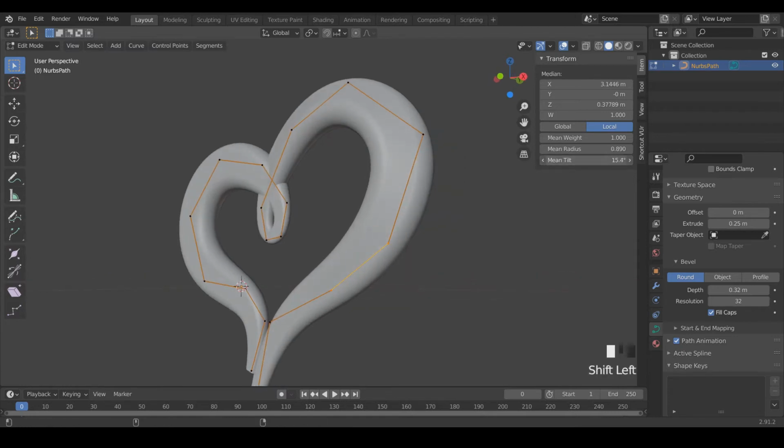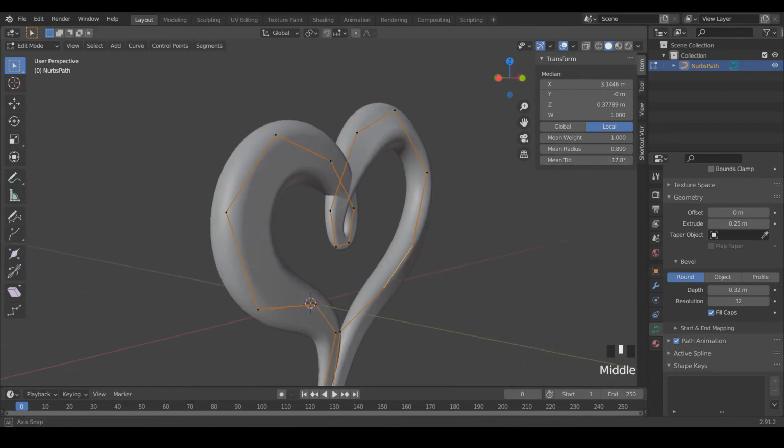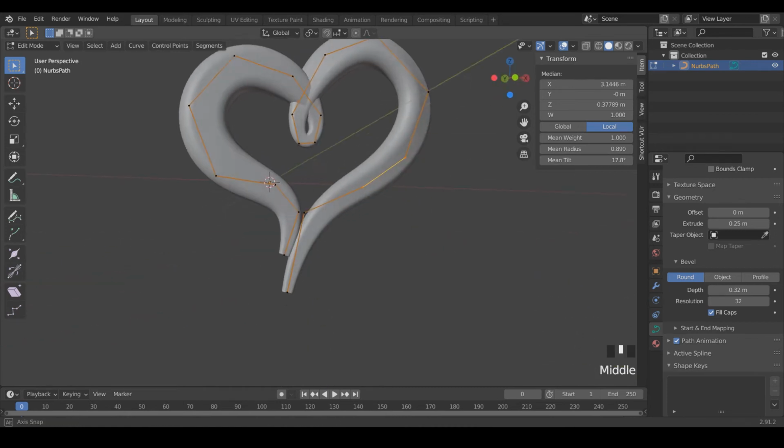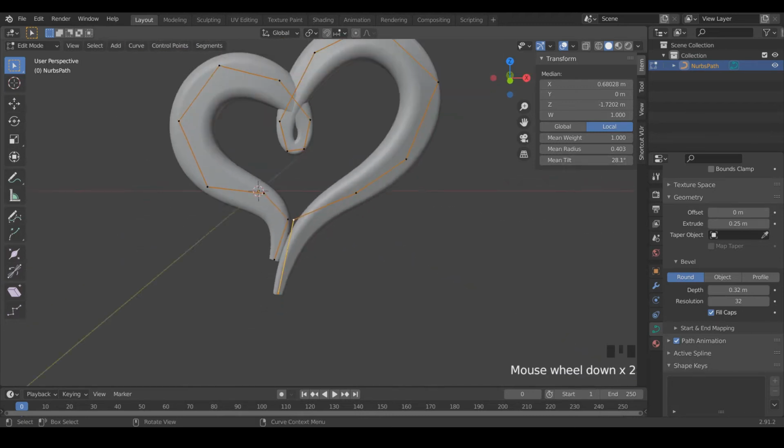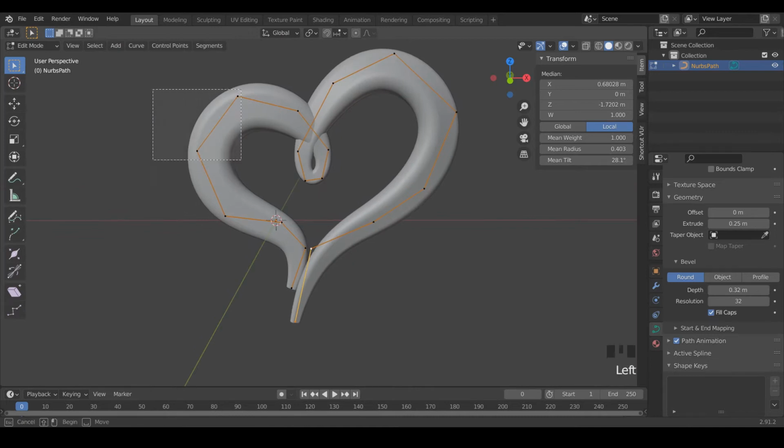And then if you hold shift while adjusting this tilt slider, it gives you a little bit more control. Grab these last 2 ones, kind of curve them out just a little bit, and then do the same on the other side.